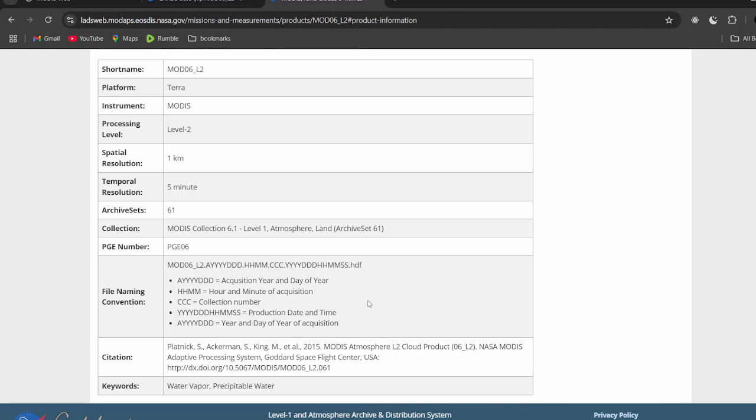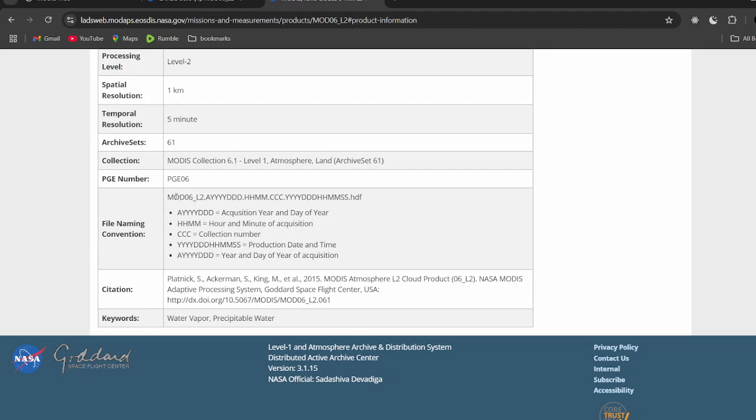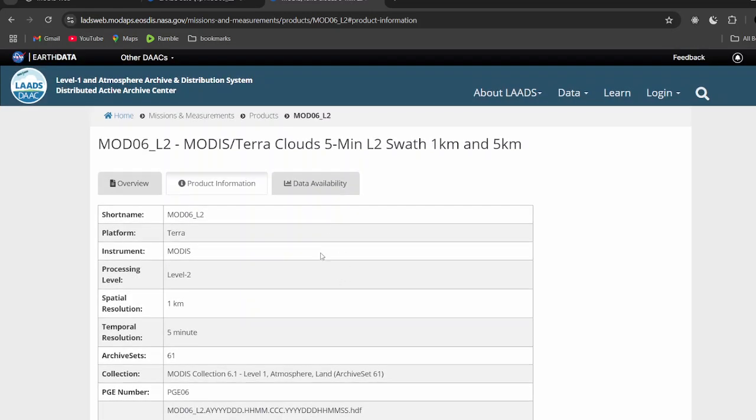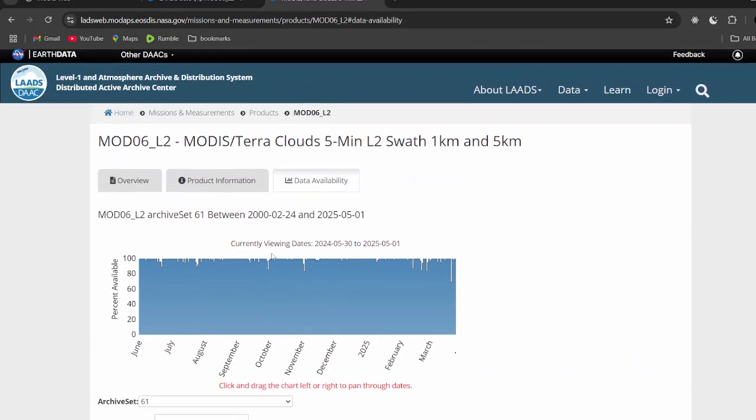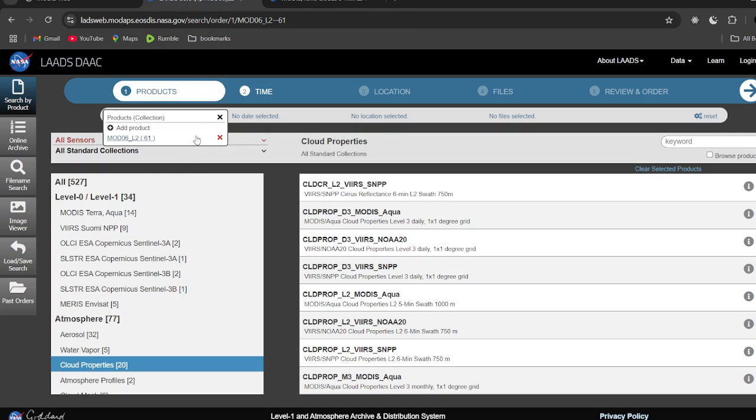So maybe 2019 January or 2020 February and so on. Yeah, so this is just a summary of how the file will look, but this is generally how it will look. It is a .hdf file, which is a hierarchical data format used to store these kinds of data sets. So you can read through many things here, but for our case, we go back to our portal